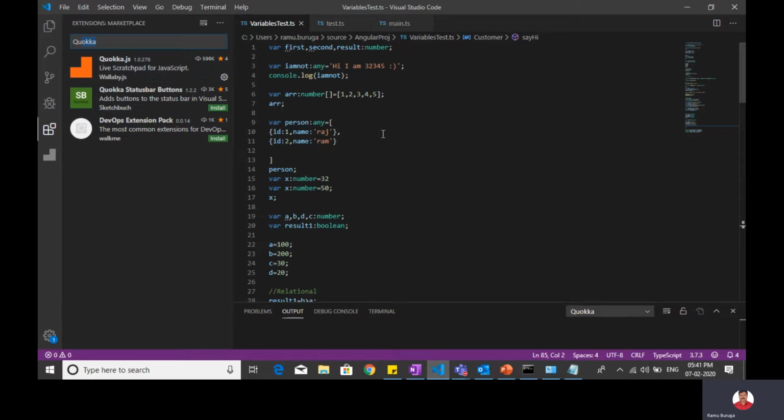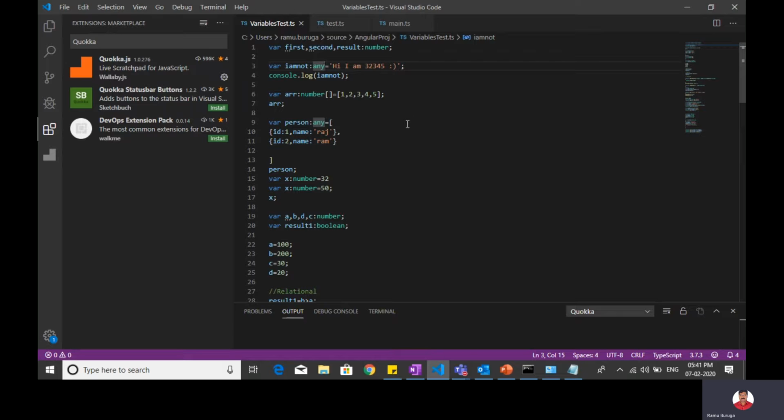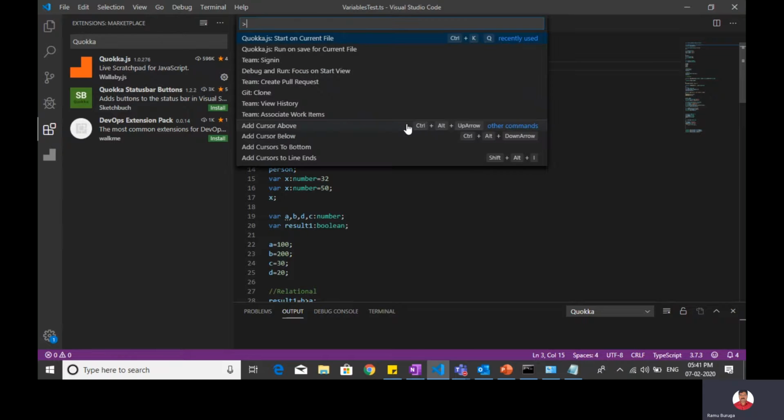Then, whatever TypeScript code you write here, you open the command palette, I think the shortcut is Control Shift P, and there is Quokka.js, Start on current file.